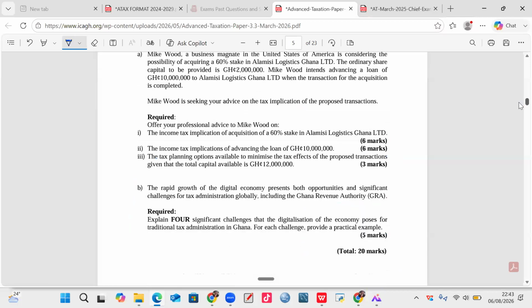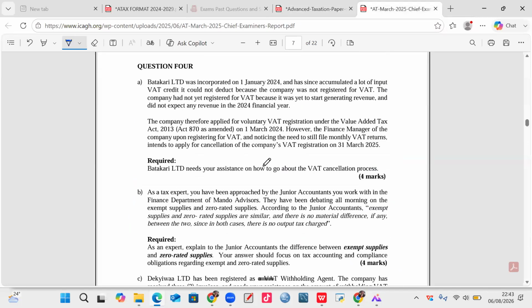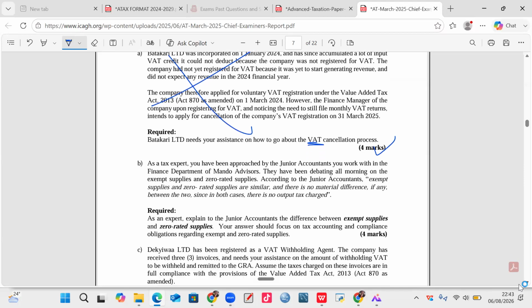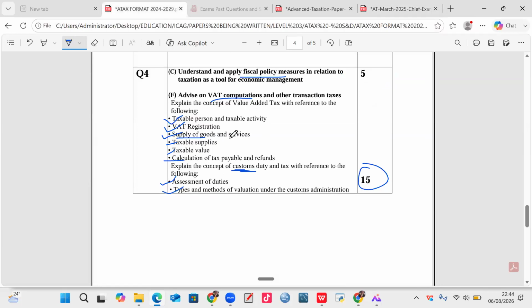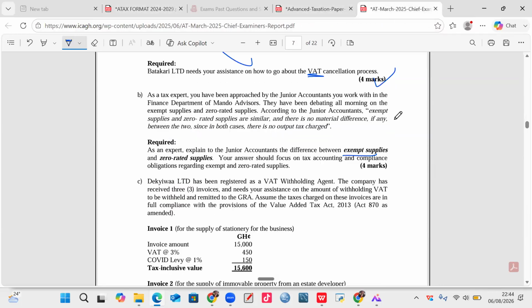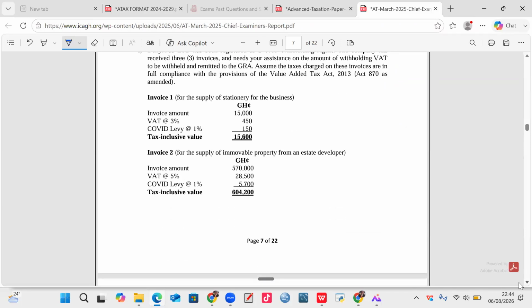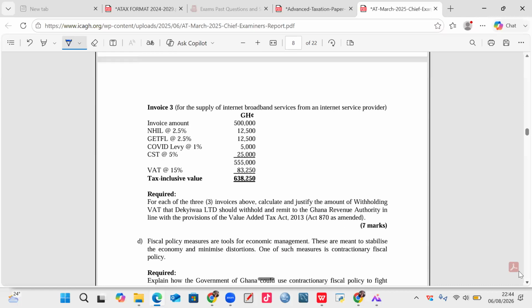Then let's see, this is March 2023. Question 4. You see another VAT. No, 4 marks, no computation, just theories. Just theories. Right? Exempt supplies. It says tax on supplies. This one, supply of goods and services. So exempt supplies, zero rated supplies. Theories. Another 4, 8. Unfortunately, they brought some computations here. They brought some computations here.